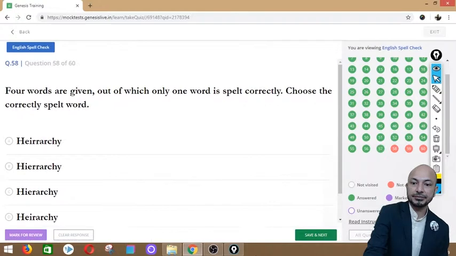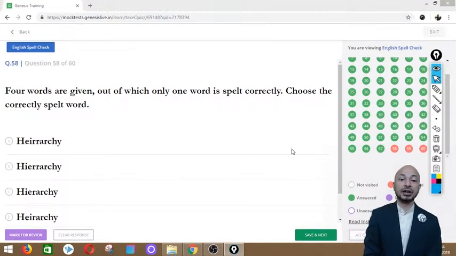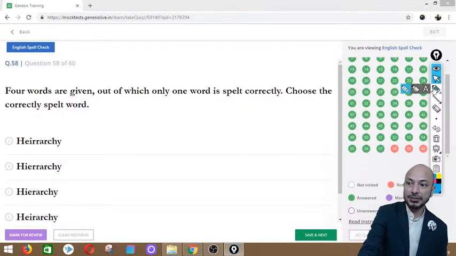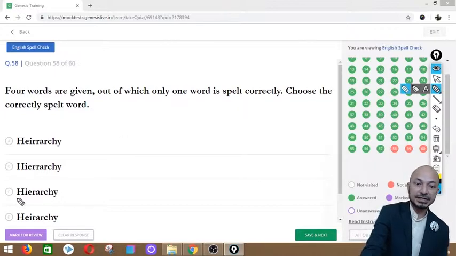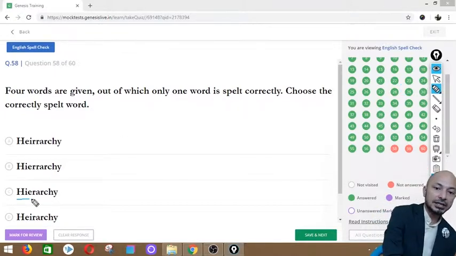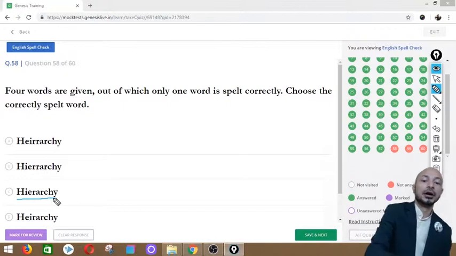and say next. Go on to question number 58, and the word is hierarchy, and the spellings given are Hierarchy. Second one says Hierarchy. Third one says Hierarchy, and the last one says Heirarchy, and the correct spelling is in option C, which says Hierarchy, hierarchy. So we click option C,